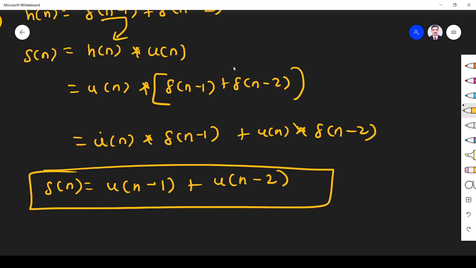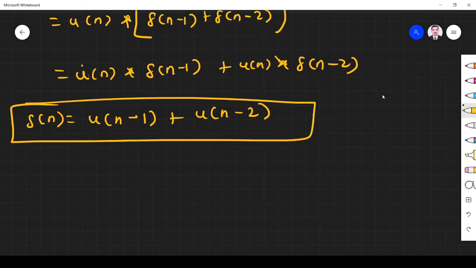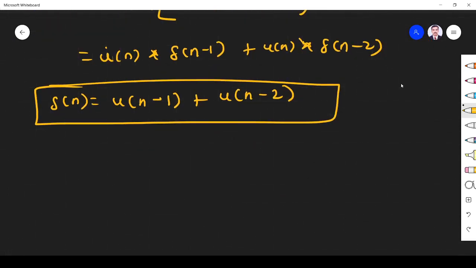You can directly say the answer because the impulse response exists only at n is equal to 1 and at n is equal to 2. That means h of n has some value only at n is equal to 1 and n is equal to 2; for all others, it is 0. So directly you can guess the answer, but in an exam you cannot write it directly. For a competitive exam, you can guess. This exists from n is equal to 1 to infinity, and this exists from 2 to infinity only. Fine, so that is the second problem.